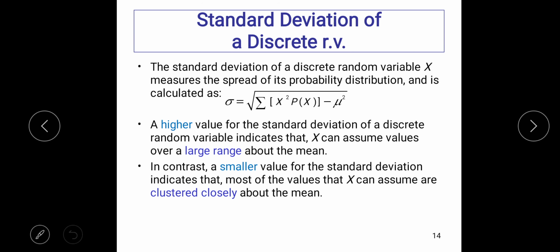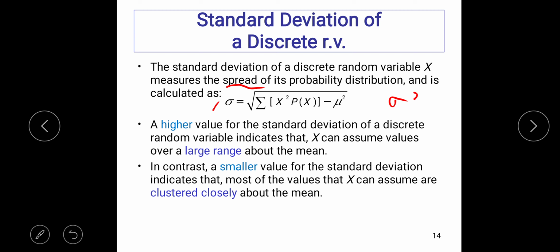Okay, next part is the standard deviation. Standard deviation is used to measure the spread or dispersion of its probability distribution. And of course this is your standard deviation symbol. Now please take note,